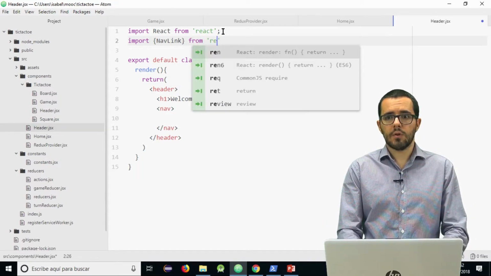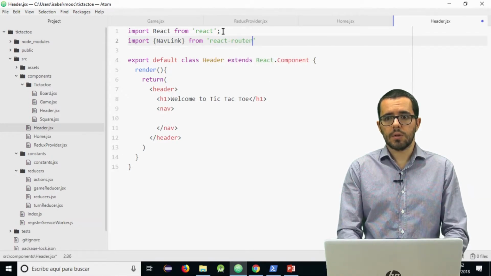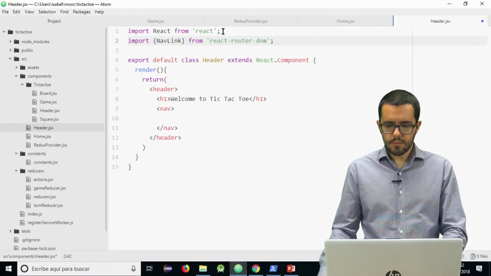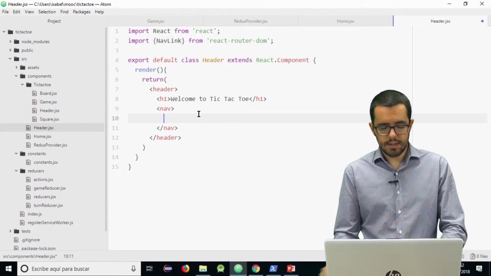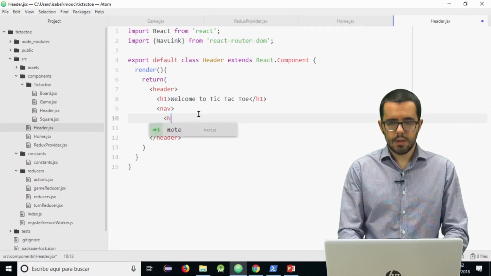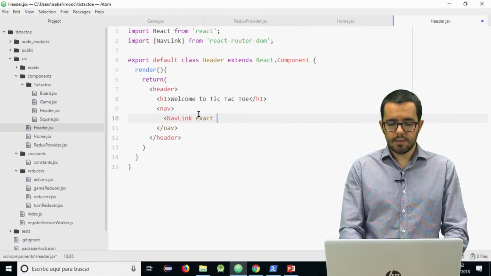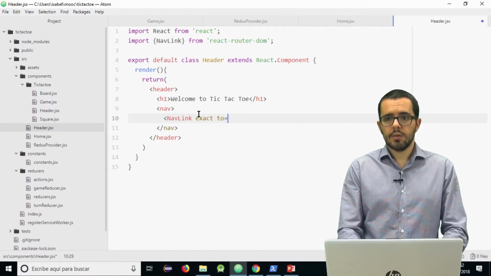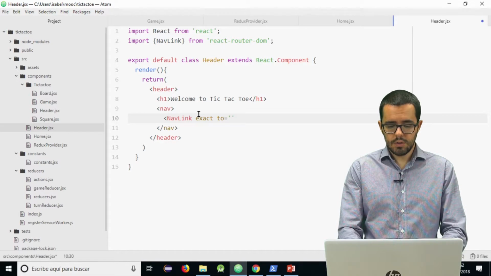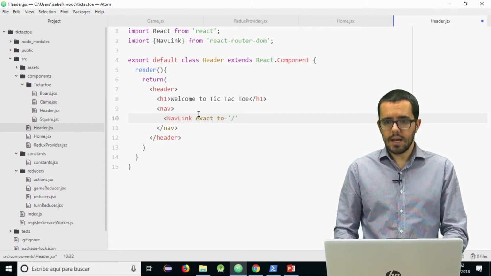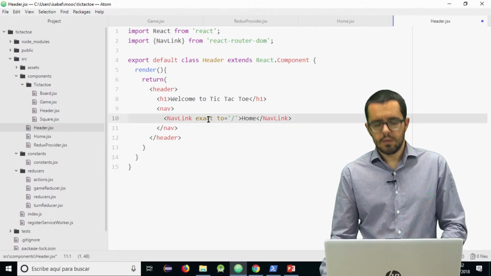So we can import it from React Router DOM, and we can use it inside this nav that we just created. So it's NavLink, this special component that we just imported. It has a param exact just to match the route and to see if it should be active or not, and if it matches slash, and the content is the text that the user reads.